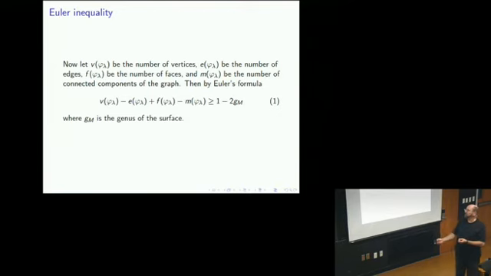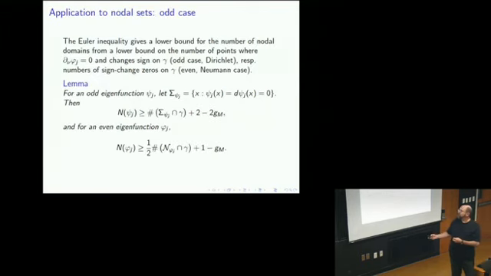So we're going to use this Euler inequality, because we want a lower bound on the number of faces, since the faces are the nodal domains. So very briefly, the Euler inequality will give a lower bound for the number of nodal domains if you have a lower bound on the number of points where the normal derivative changes sign, in the Dirichlet case, or the number of sign change zeros. So if you're able to produce a lot of zeros on the boundary or on the fixed point set, then the Euler inequality, just a little arithmetic, is going to give you a lot of faces